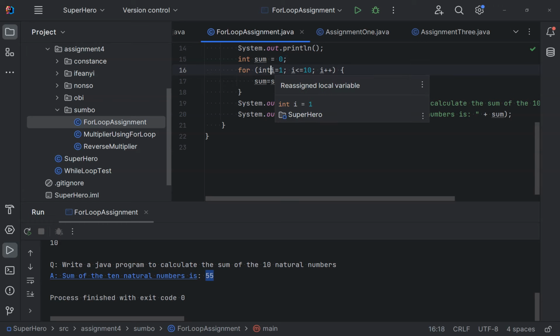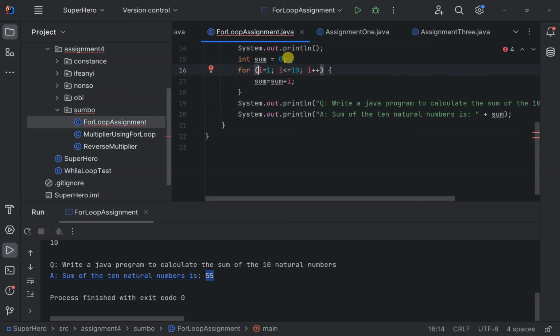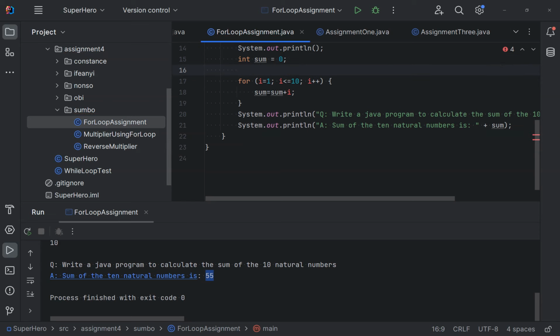So if you go back to what Sumbo did, Sumbo had an I here, but she initialized it outside the for loop, which also works. And I'm sure you guys have also come across situations where you can use one line to initialize multiple variables. So like this I, instead of putting it in a separate line, you can just say comma I. So that way,